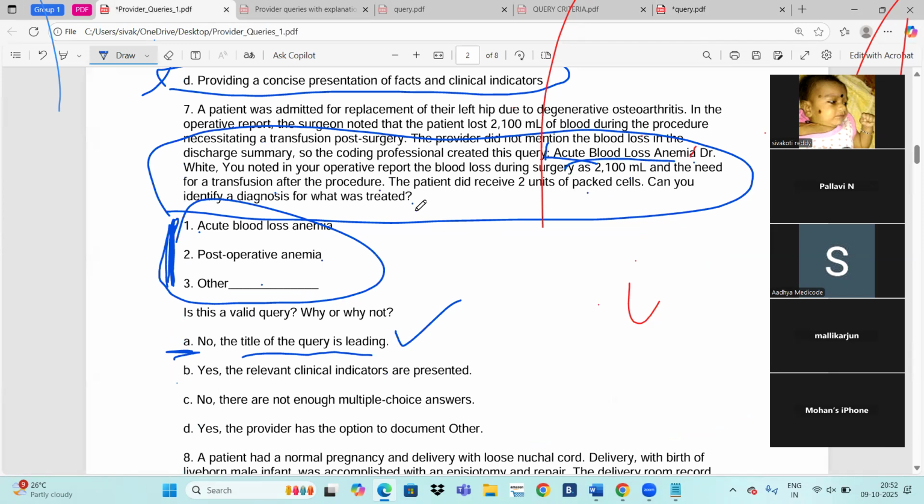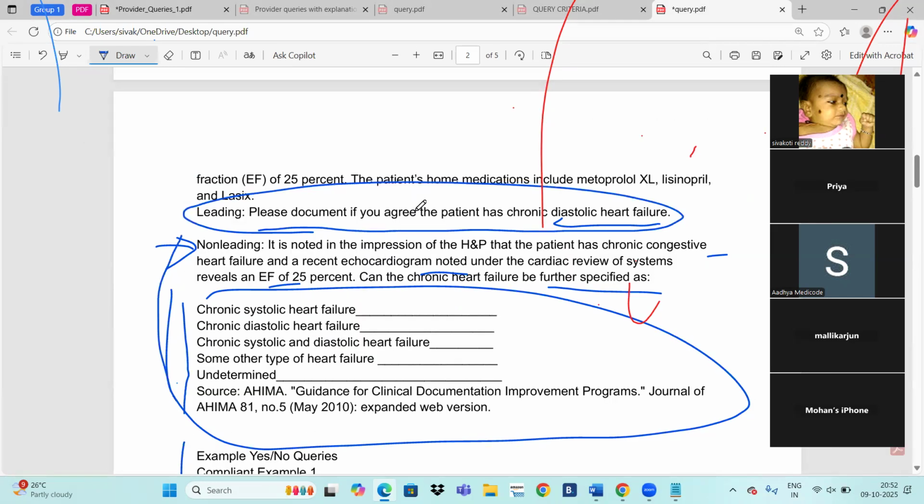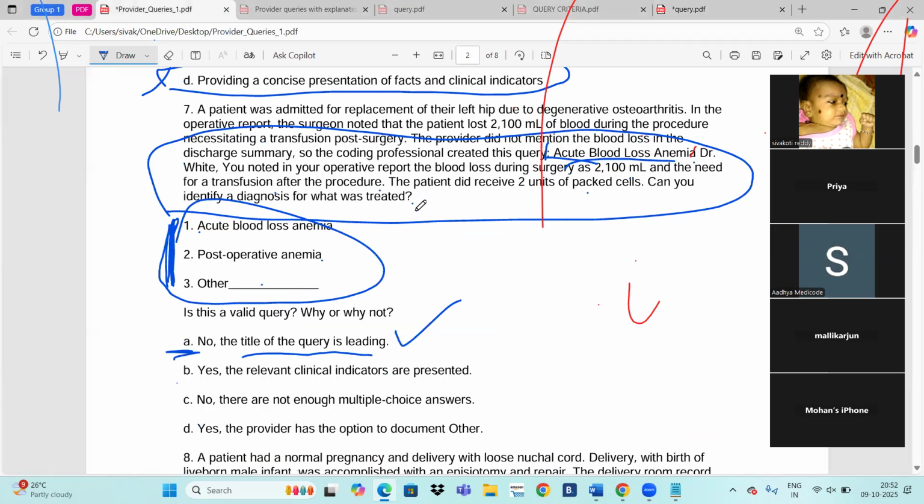Yes or no? Yes, same. Based on the indicators, if you raise the query like this and give the options again, it should be the non-leading version. Here also they gave